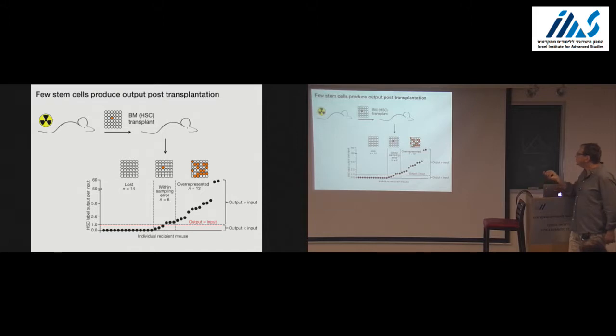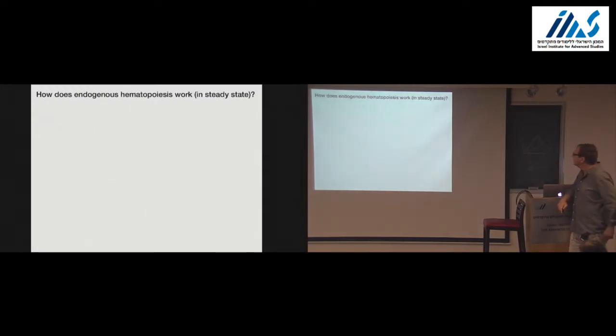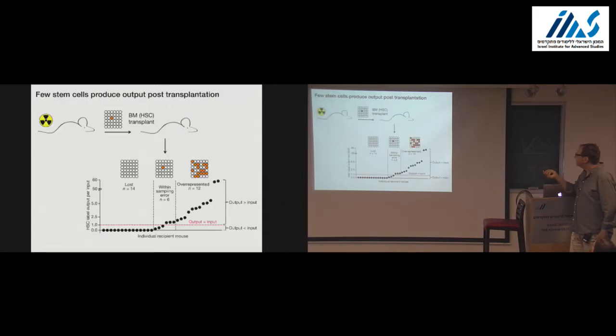So few stem cells produce output post-transplantation. And this is compatible with other types of experiments that, for example, use genetic barcoding of single hematopoietic stem cells that are then transplanted ex vivo. Okay, so we want to look at some of these questions that I'll pose here, but we will look at